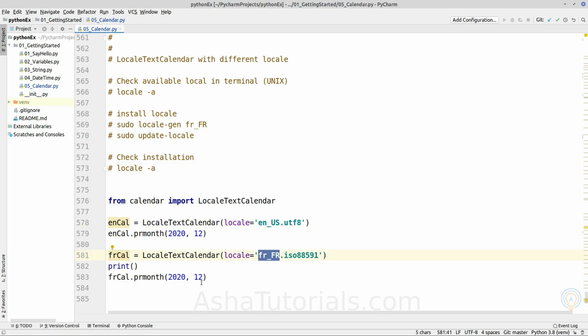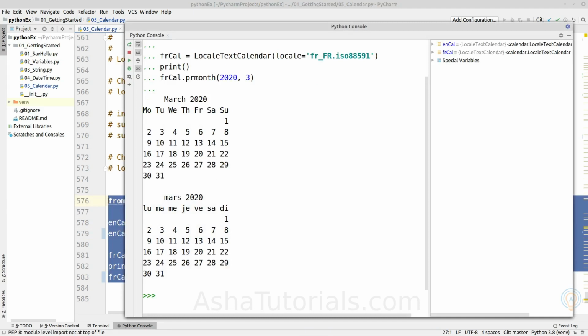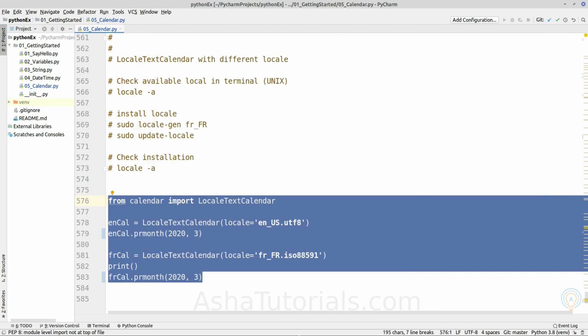And we will print the current month of, let's say, March, for both locales, and let's see the output. As you can see, all the strings are converted to the given locale. So this is how you localize the calendar. That brings us to the end